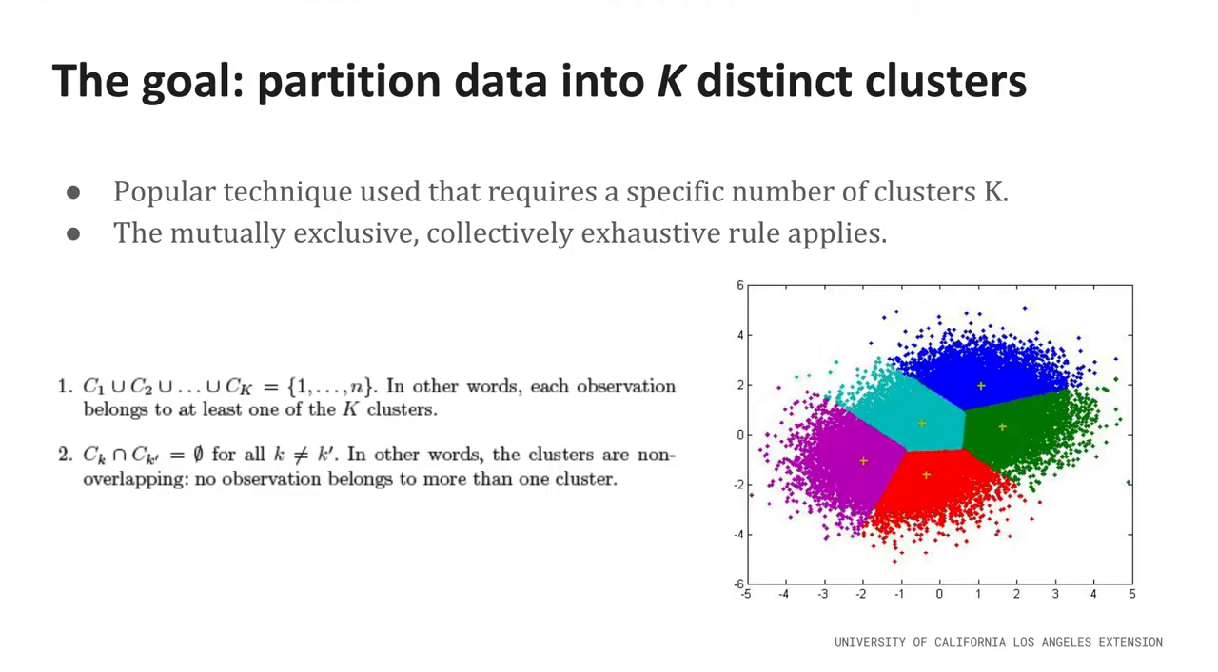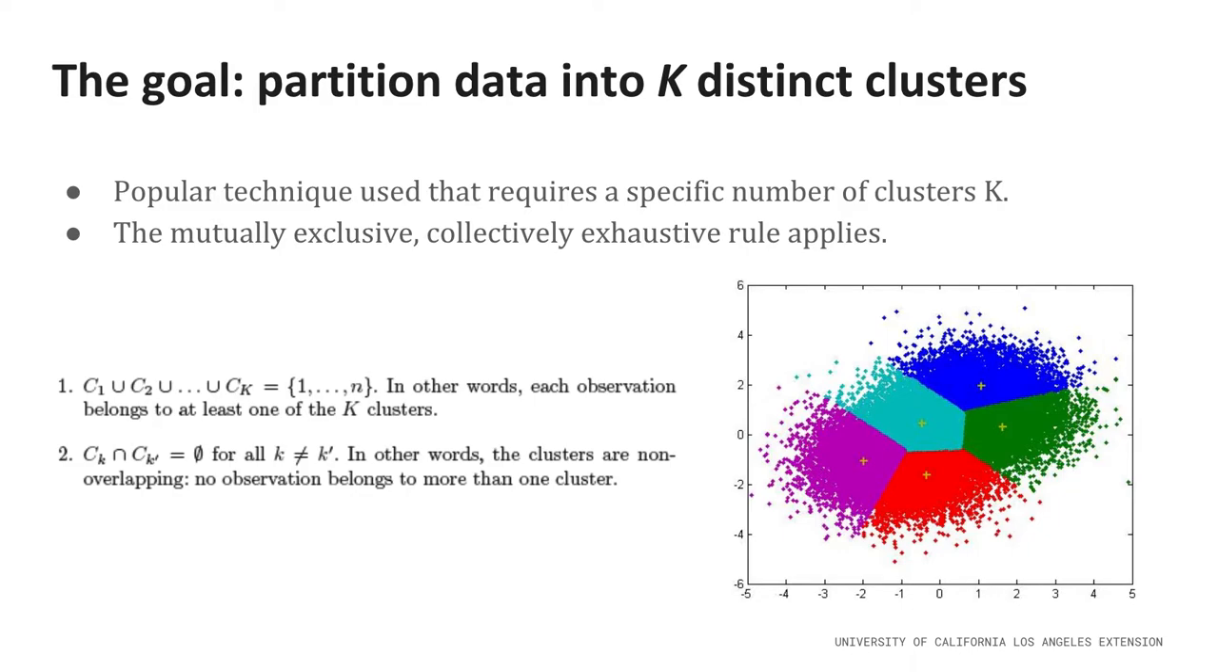So k-means clustering, the goal is to partition our data into k distinct clusters. That's where the k comes from. And so again, it requires the modeler to set that k. Something you might have heard before is the idea of something that is mutually exclusive, collectively exhaustive, and that's represented in the text below in a more mathematical, logical way. But effectively, what we want to do is have every single data point fall into one cluster, which